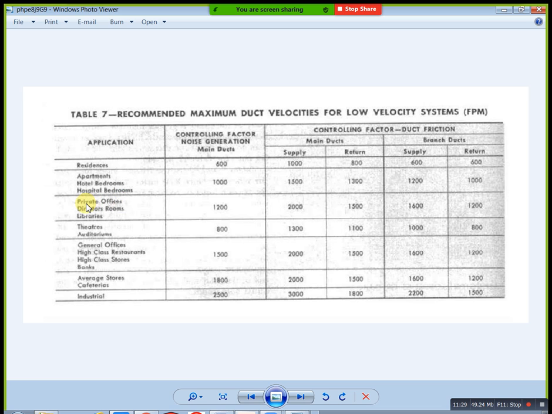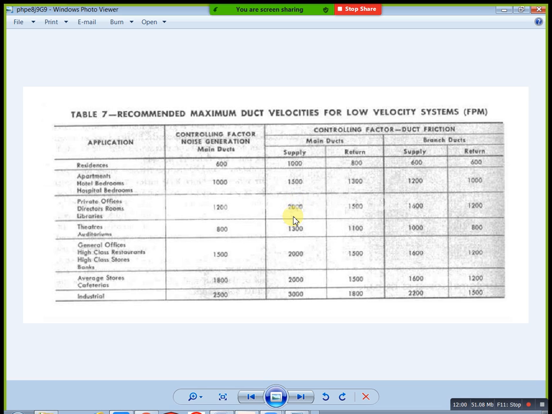You can consider private office. How much is there? You will take this one for the equal friction method. If you need constant velocity, you will take 1200 constant, or if you need the equal friction method or any other method, you can use this one. Presently we are using this one directly. I will take this, or otherwise you can take this one also. Okay, this is the maximum velocity, V maximum. V maximum means you will calculate your velocity from the HVAC sheets, and in that condition we definitely need less than this velocity.